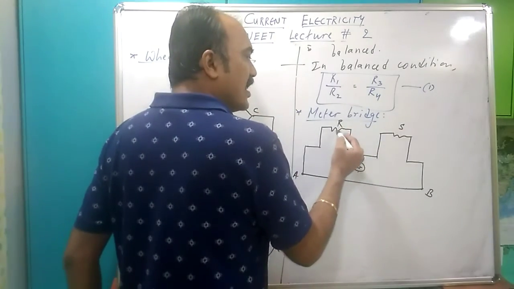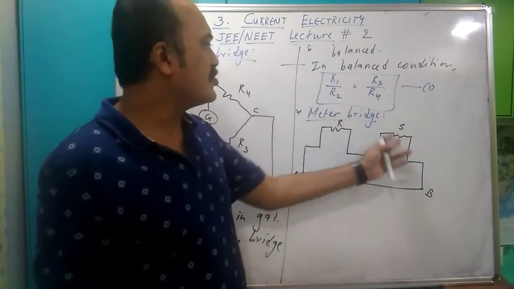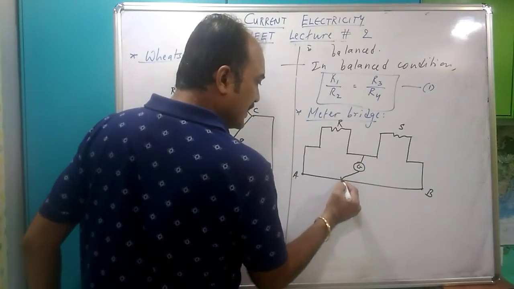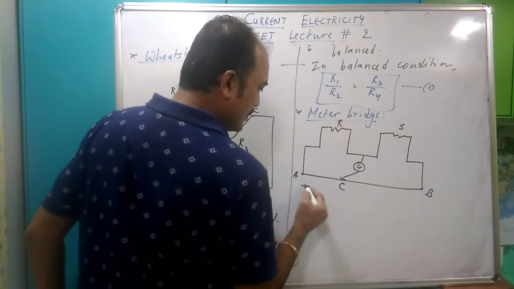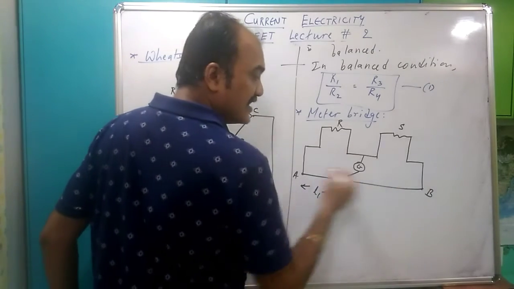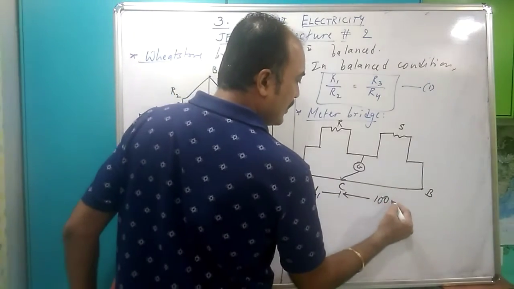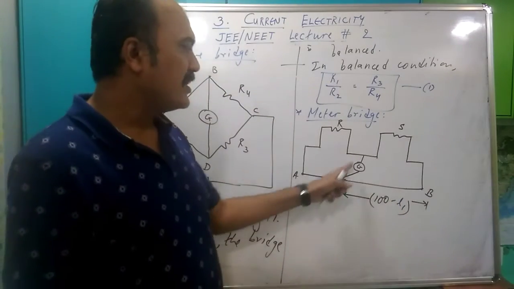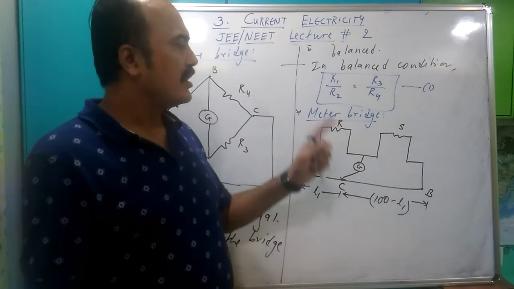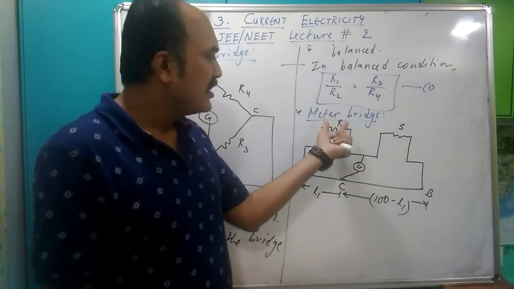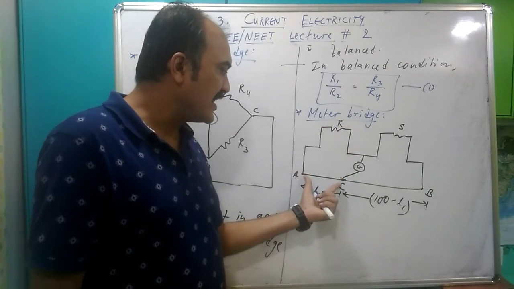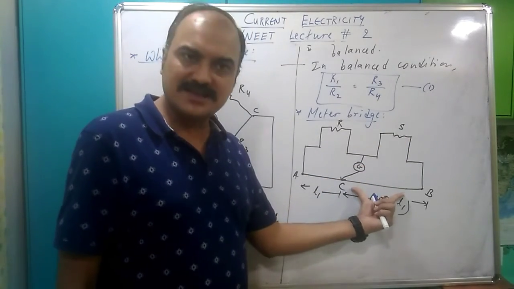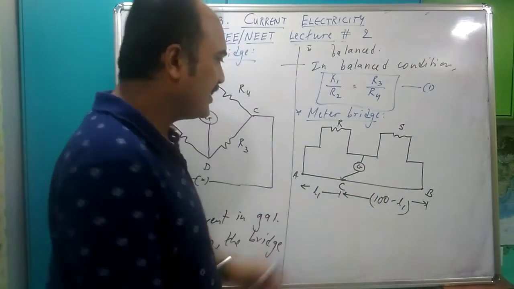Now ये R known है, S unknown है, और S known है, R unknown है, whatever you say. And galvanometer को use करके हम tap करते जाते हैं. And let us say this is point C. This much is L1. If this is a 100 centimeter wire, and this is 100 minus L1. So if at C galvanometer shows zero deflection, it means the bridge is balanced. R is being balanced by the resistance AC. S is being balanced by the resistance of wire CB, and we put RCM and cancel all that.